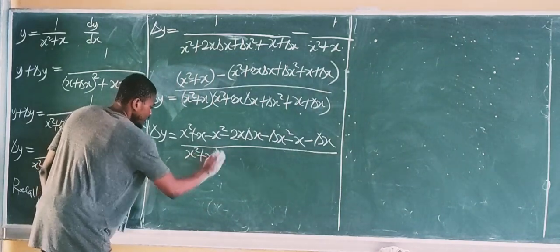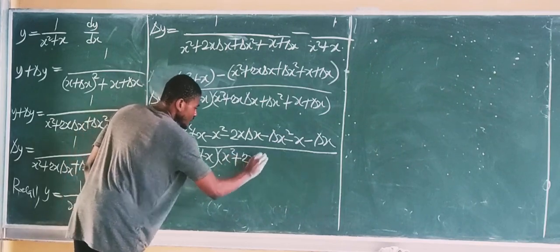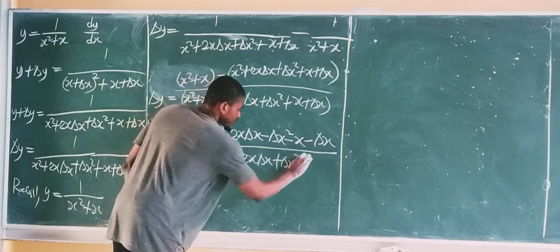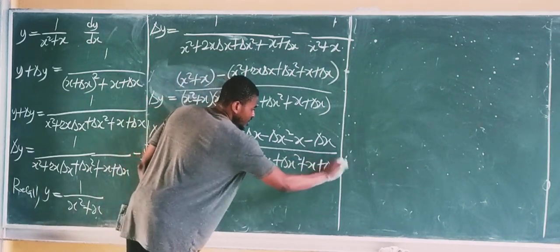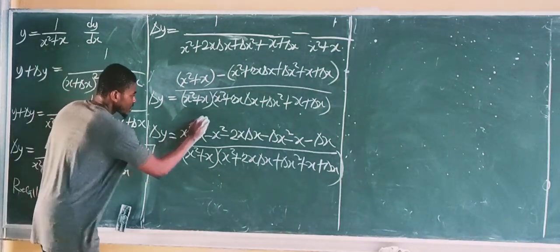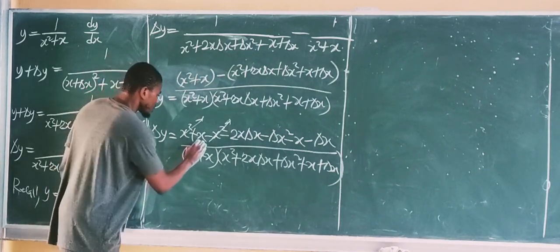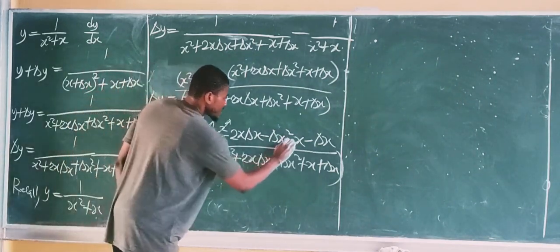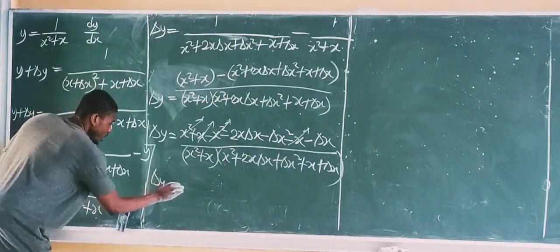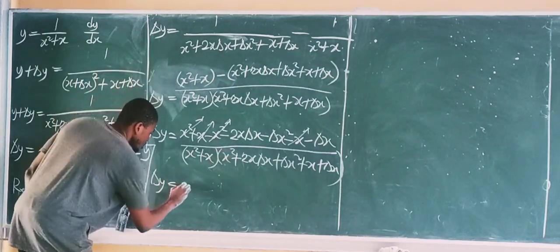All over, I will have x squared plus x multiplied by x squared plus 2x change in x plus change in x squared, plus x plus change in x. So notice here that x squared can strike minus x squared, also plus x can also strike minus x. So I'm actually left with change in y is now equal to, and left is simply minus 2x change in x,